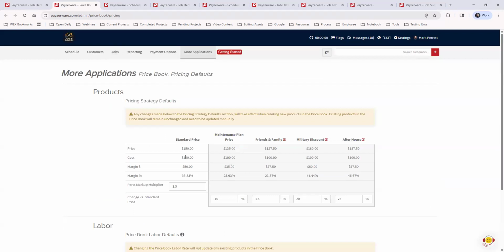The pricing defaults page has your standard price, so all your items in your price book will automatically take on the standard price. You can update your parts markup multiplier from here. And then you have maintenance plan pricing, which is an automatic pricing strategy that will apply for your maintenance plan